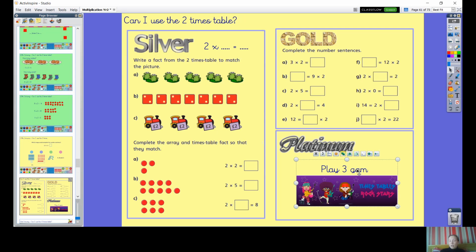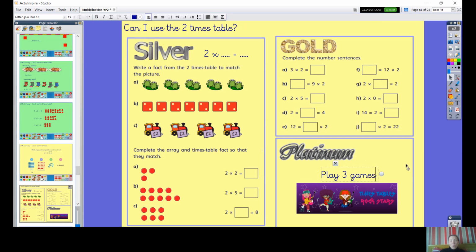And finally, Times Table Rock Stars is all about getting really good with your times tables. So, have a go at playing 3 or more games on